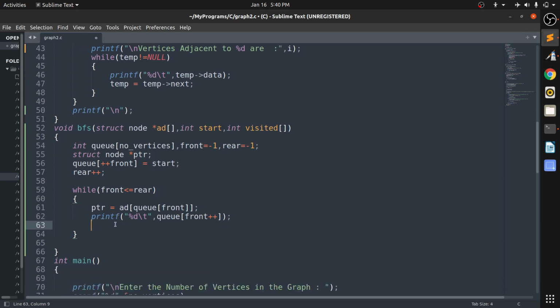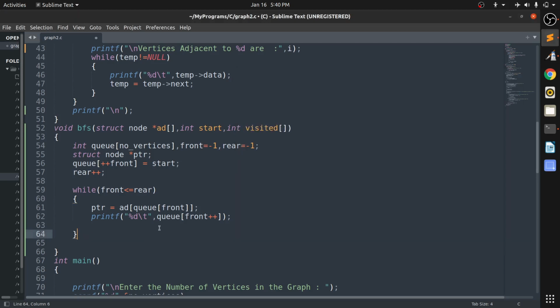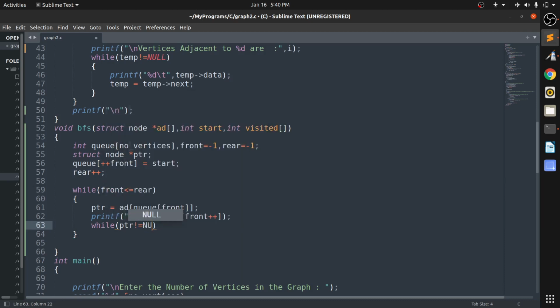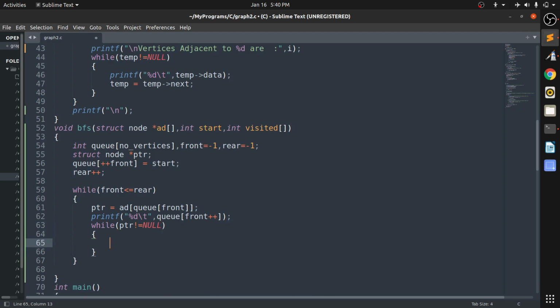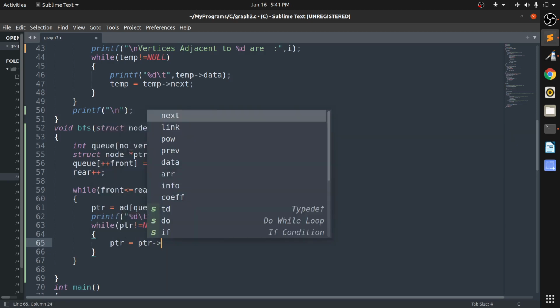Okay, so now the element is printed, and what I have to do now is enter all the elements which are adjacent to this, means which are present in this list. So while this ptr is not equal to null, so till there is any element in this list, I will traverse throughout the list. First time it is pointing to this, then ptr equal to ptr of next.